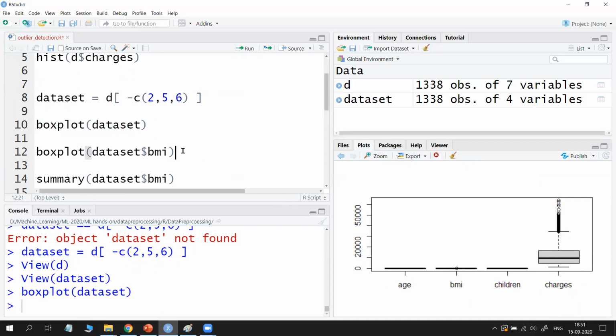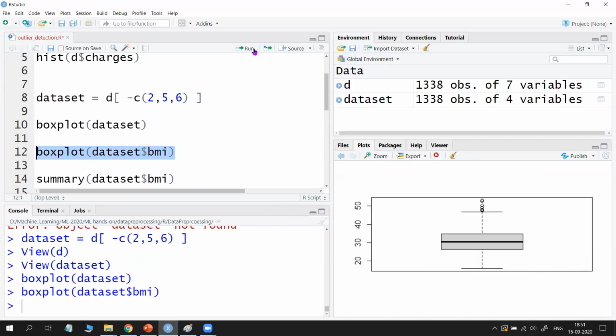If you see only the box plot for BMI, you can see the values above 47 and 45 are outliers. That means all the BMI values are in the range between this bar, 10 and above 50, but only a few values are above 47 or 46. So these are outliers. You need to remove these.